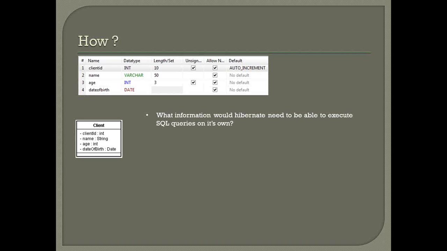Next, you would have to tell Hibernate about the tables and the columns which are there in the table, and information on which column in the table maps to which attributes of the Java object which you've created.